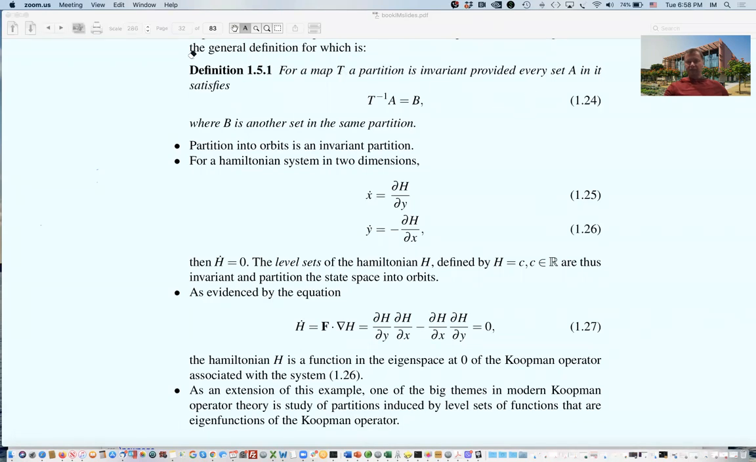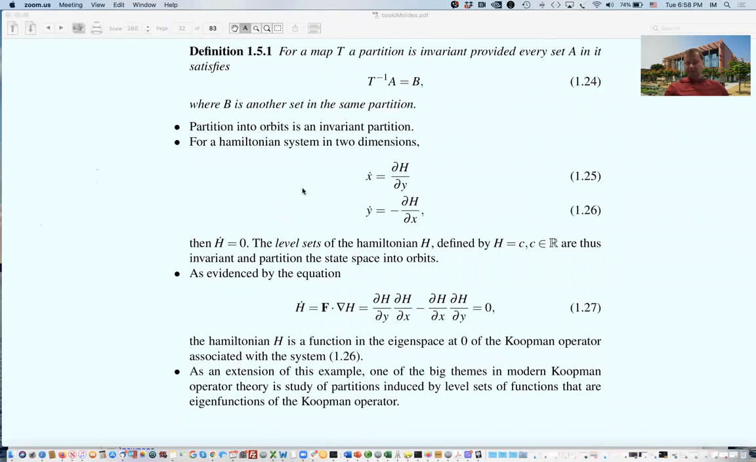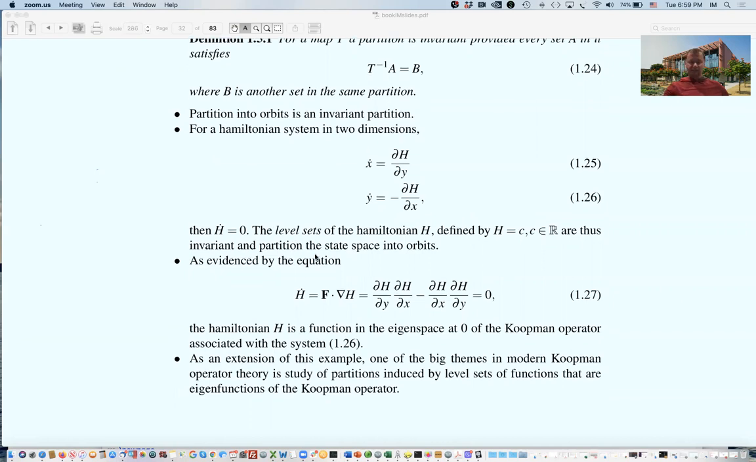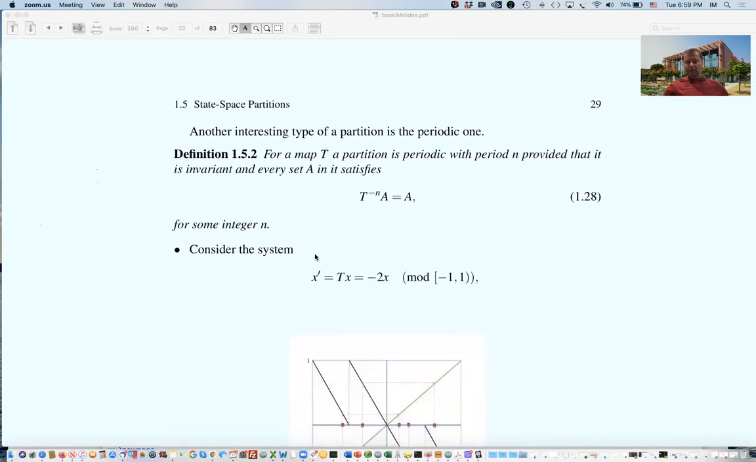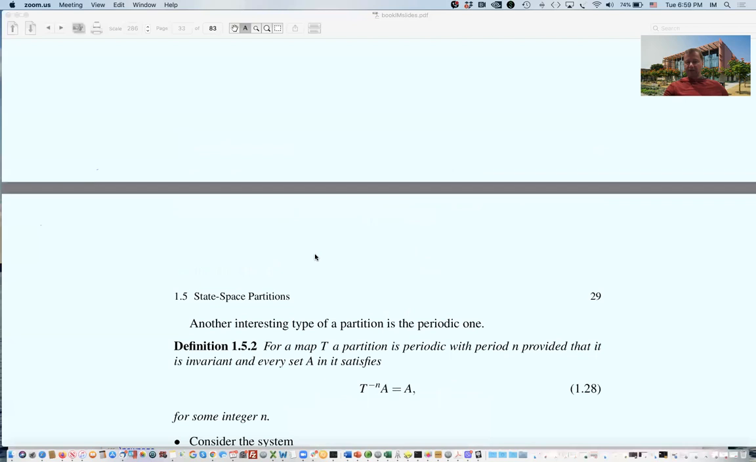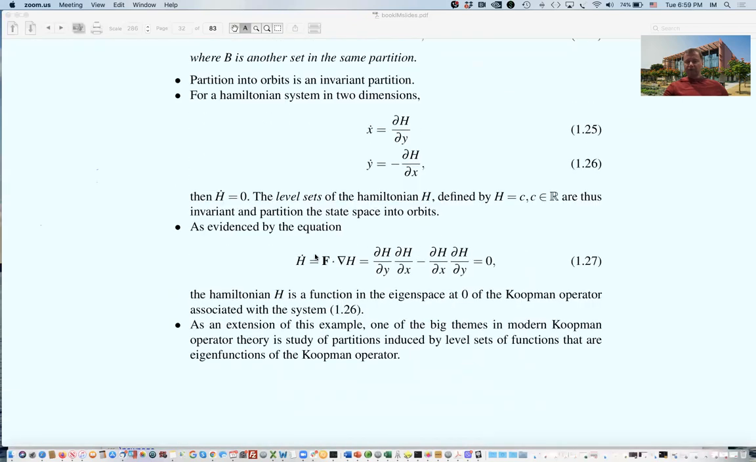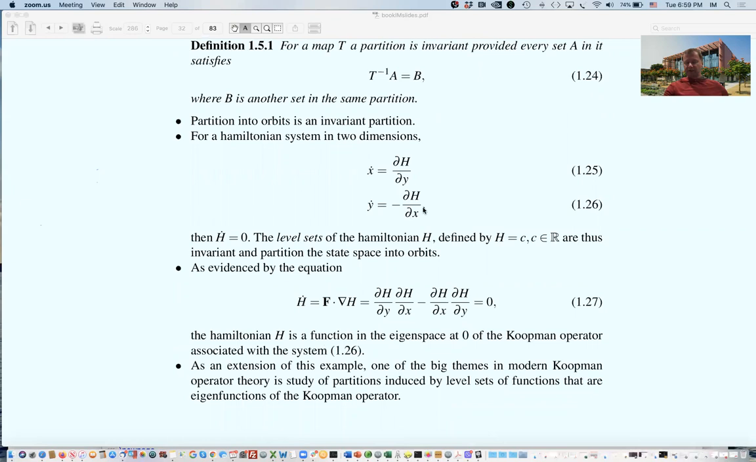fruitful study, as we are going to see, and one of the major themes in these lectures, namely the level sets of the eigenfunctions of the Koopman operator provide us with geometric and therefore physical information about the system that we're studying. So we talked about invariant partitions, and we could call the partitions that are of the type provided by the Hamiltonian,